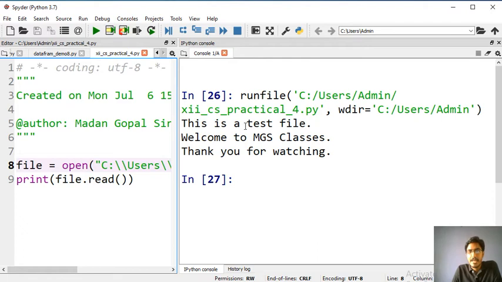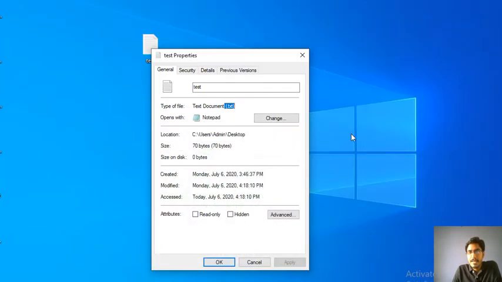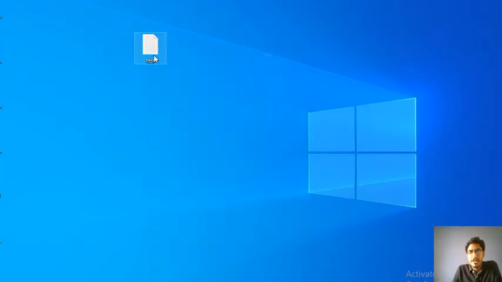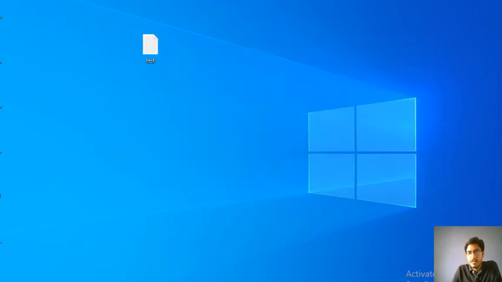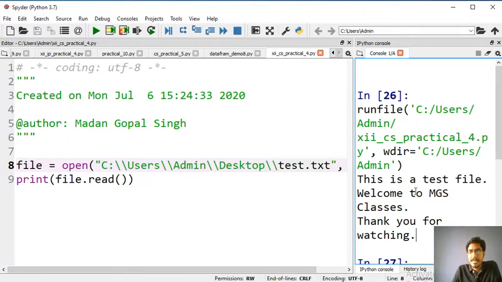So just run here, you can see: this is a test file, welcome to MGS classes, thank you for watching. So this is what is written in the file as we have seen on the desktop. Let me open this and show you. This file has this content only, and in the output also we are getting the same content. So the read method is basically used to print the whole content in one go.